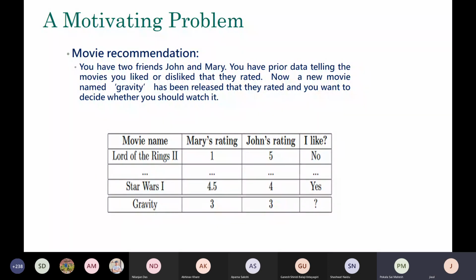Okay, and there is a famous problem, I think, at Netflix. They had a movie recommendation challenge, and I think they gave $5 billion maybe 10 years ago for this particular problem only. Back then, deep learning was not so popular, so people did something else. But anyway, it's a famous problem.